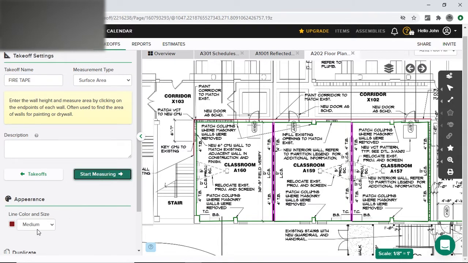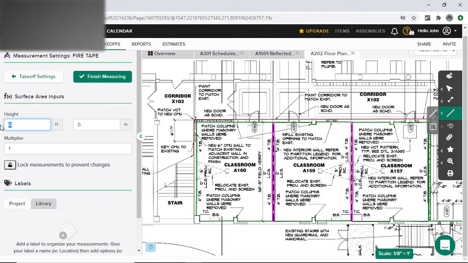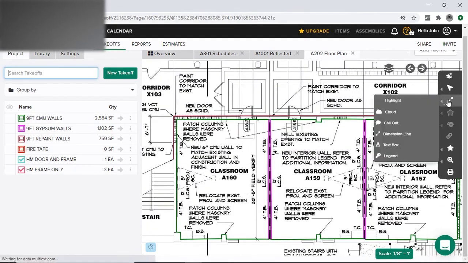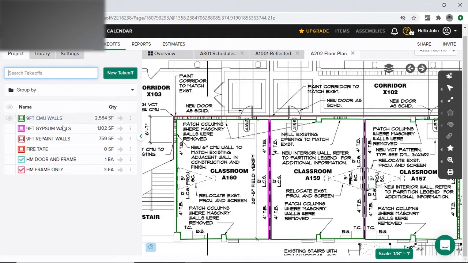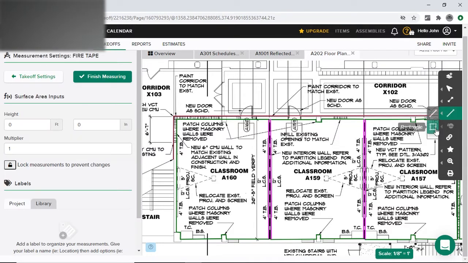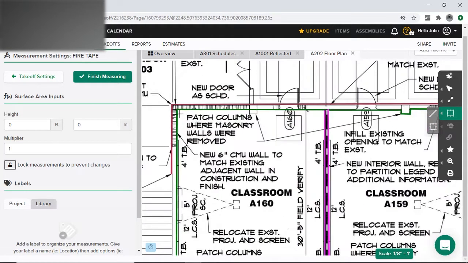Start measuring. Then we'll use a dark red. Height 4 feet. Here I'll use this to the rectangle, and I'll just have to click twice instead of 4 feet. Lock it up,